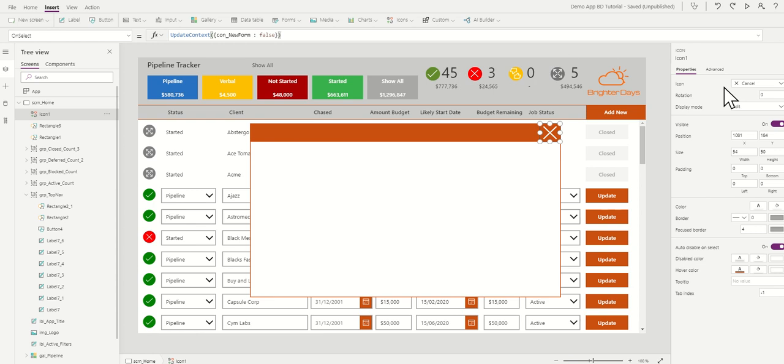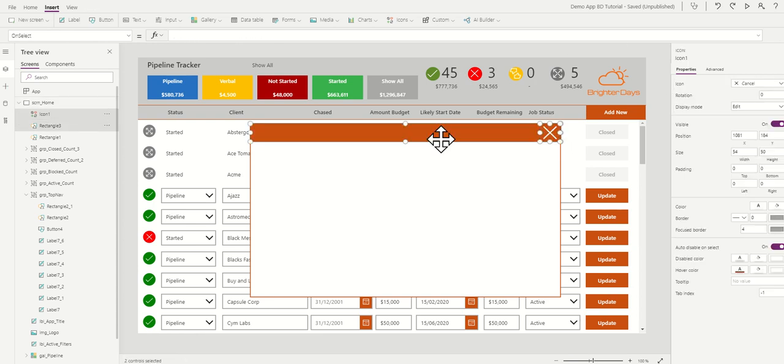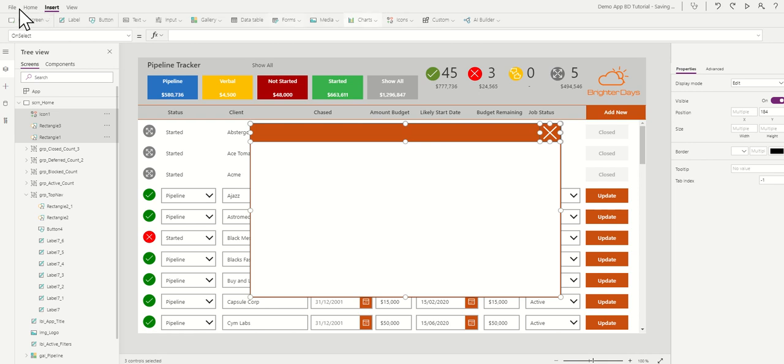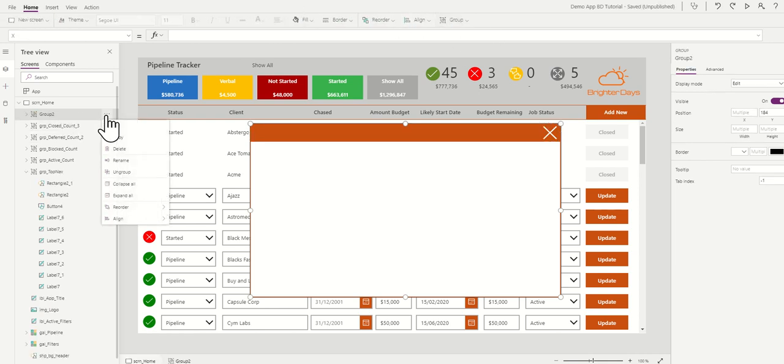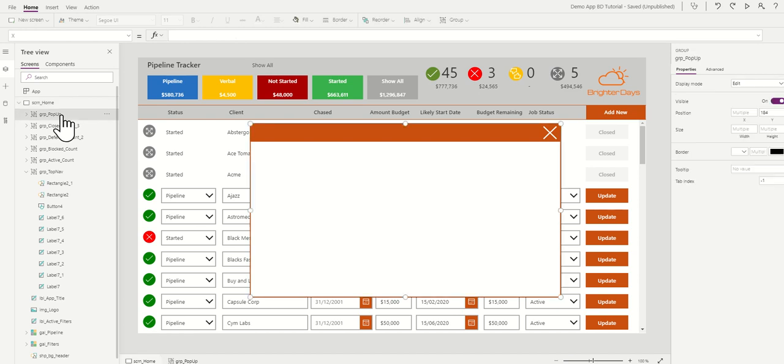Right. So if I show you how this is working anyway, if I group that, and that, if I group them all together, so home, group, and then let's rename it to keep my mate Paul happy, GRP. Let's call it Popup. You call it whatever you want, but that helps me know what it is. Okay, so we've got this group item,